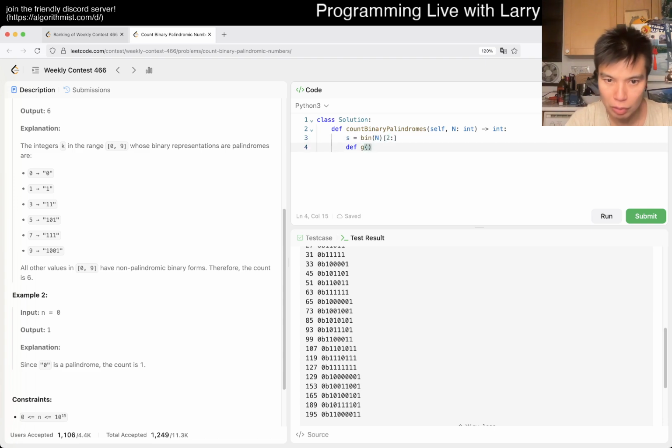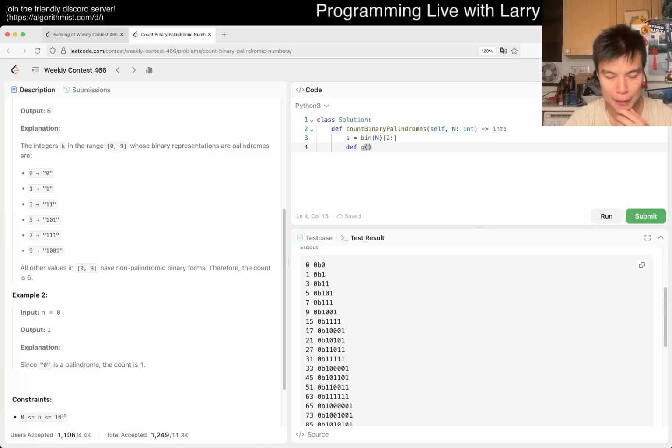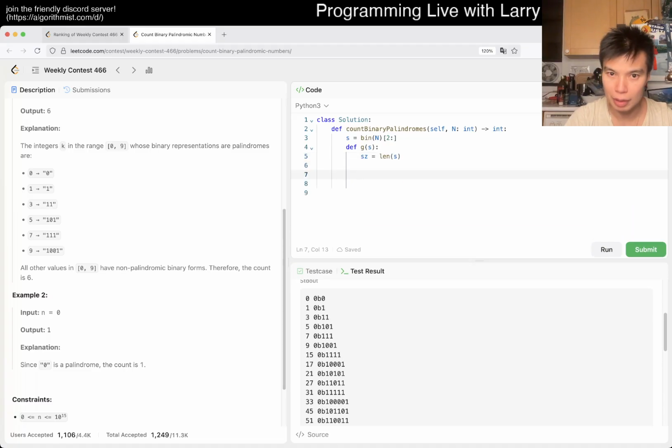And then now we want to say, yeah, nothing crazy, right? Dealing with s, so size is equal to this, and then this is,